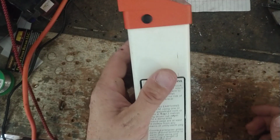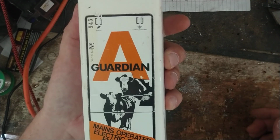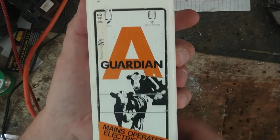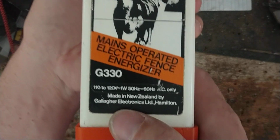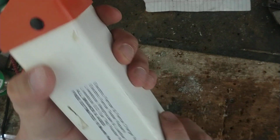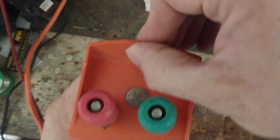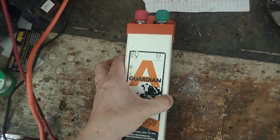But what I want to do in this little video is show you this old unit. This is an old Gallagher. It's called a Guardian A or A Guardian, I don't know what it's really called, but it's an old Gallagher unit. Been around a long time. It's an AC powered unit. It was working, clicking right along, but it had very little output, and it had a bad transformer on the inside. So we had to